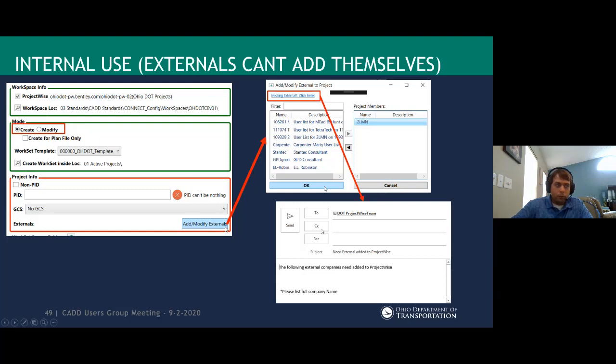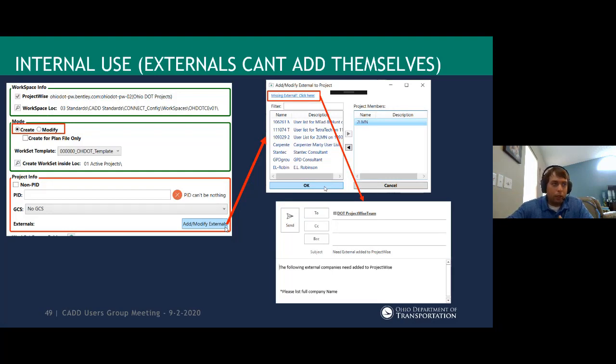This setup process is maybe the most time-consuming part, but after you're set up, it's actually going to be quite easy. You just come in here and say, okay, I'm adding this consultant, hit OK, and you can give that consultant read-only access. We're basically saying this consultant is a part of this project, so it's going to set up the permissions automatically to give that user group permissions.